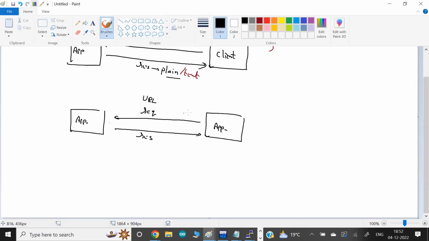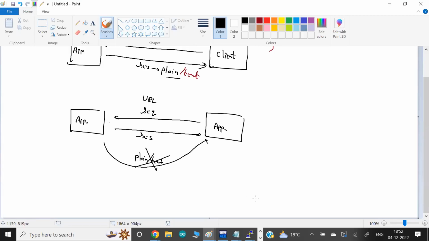But in the microservice world, when one app gives data to another app, we don't want the data to be plain text. Plain text data is not actually useful. Between two apps or two services, we need data in a different format.